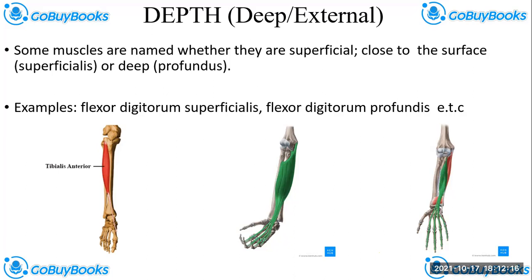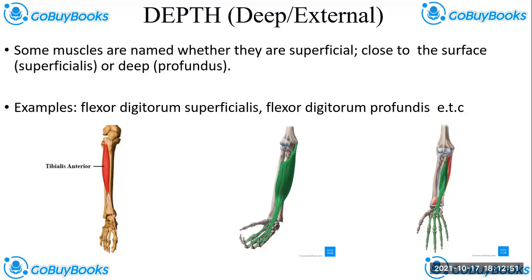That's why you can easily see it. So those are called superficial muscles. They use superficialis to represent them. An example of them is the flexor digitorum superficialis. This is the flexor digitorum superficialis. If you're at the posterior part of your arm, that's when you can really see it. It's close to your skin. You can feel it as you're touching your arm like this.